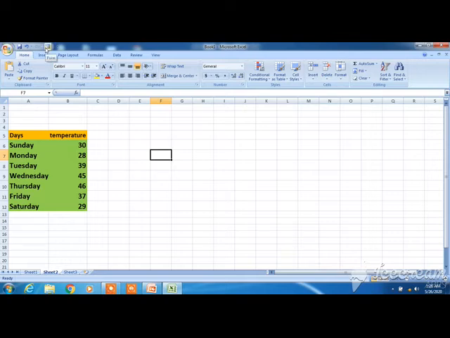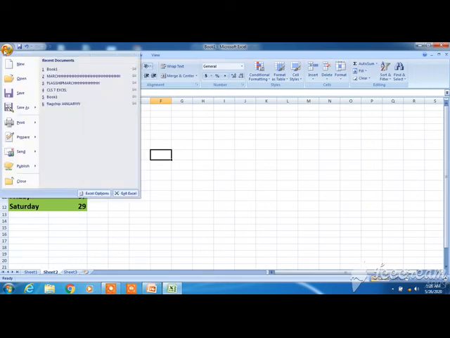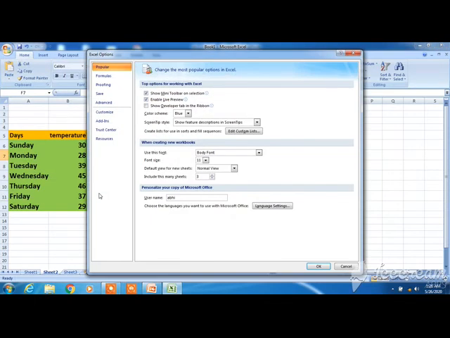Now see the output. Here comes the form option. Clear? I am repeating once again. Please have a look. First let me remove this. Go to Office button, the File menu. Click on Excel options. Go to Customize.